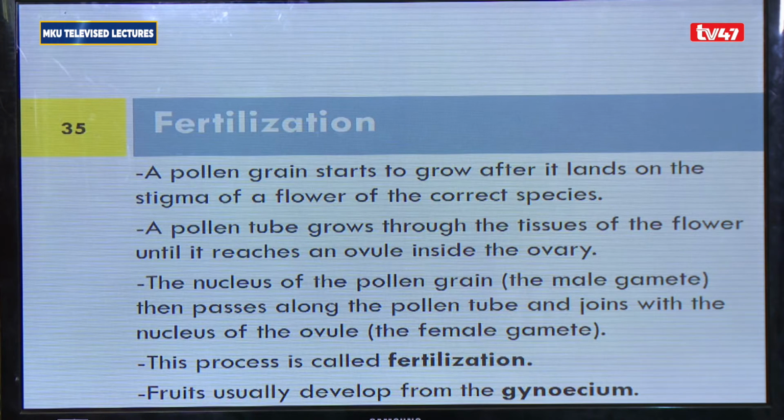As the tube grows, eventually it reaches the ovary and gets to the ovule. Now, inside the ovule, a cell within the ovule is going to develop to form the embryo sac, and within the embryo sac is where we find the egg cell. So once the pollen tube reaches the ovule containing the embryo sac, and the embryo sac containing the egg cell, we find